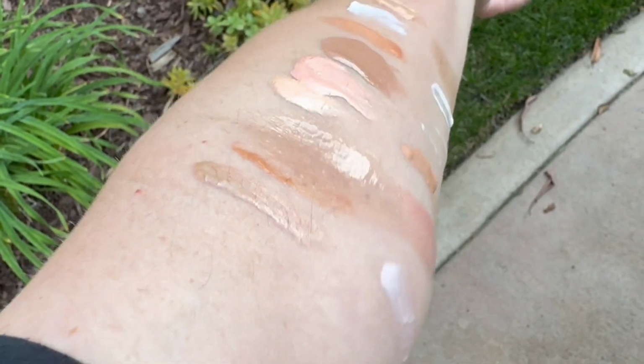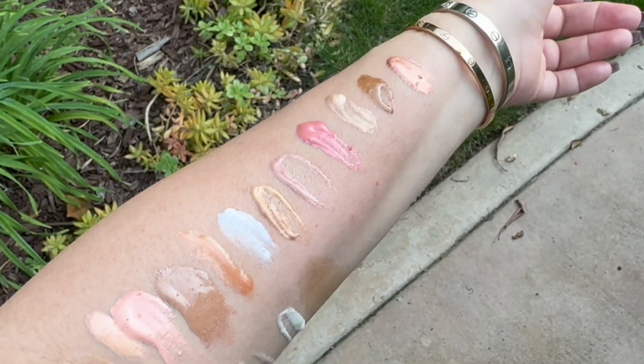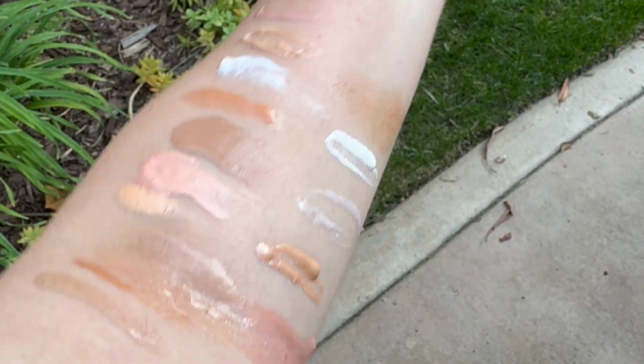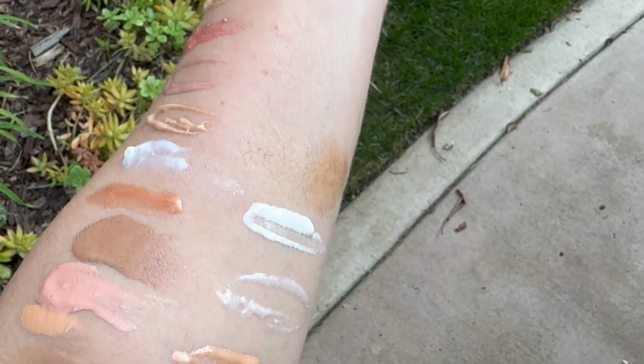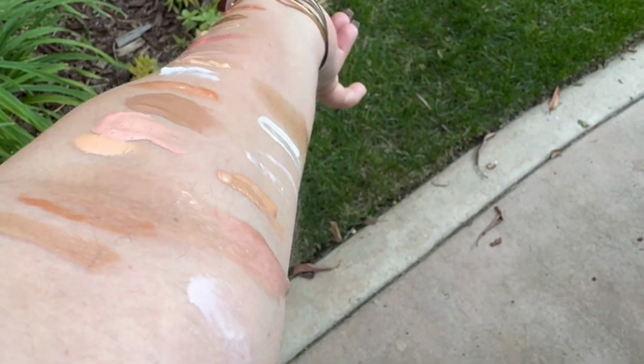Let's go outside, shall we, into the warm California sunshine. Take a look at all of these on my arm. And guess what I'm going to do, guys? I'm going to tell you what order they are in. Are you ready? We have the MAC Strobe, the Charlotte Hollywood Flawless Filter, Victoria Beckham Beauty in Golden, the iconic London Underglow Blurring Primer. There's Auric, Chanel, that's a little pink Chanel, Kosas Glow IV,